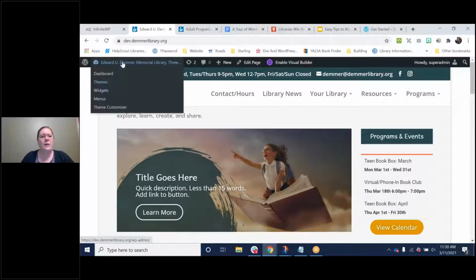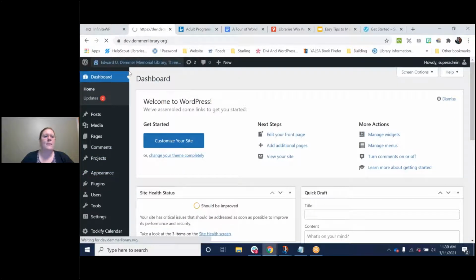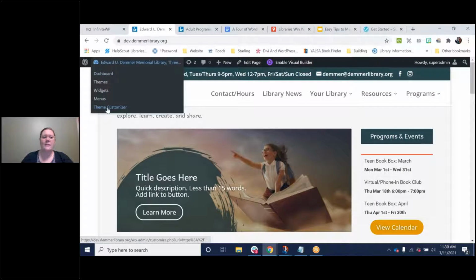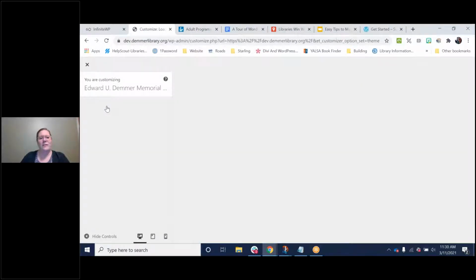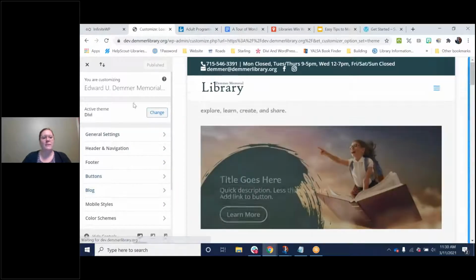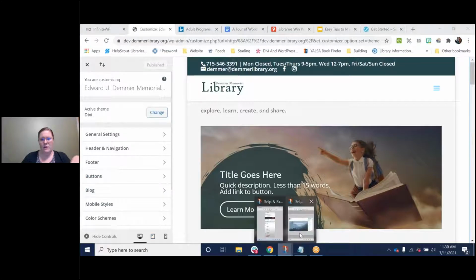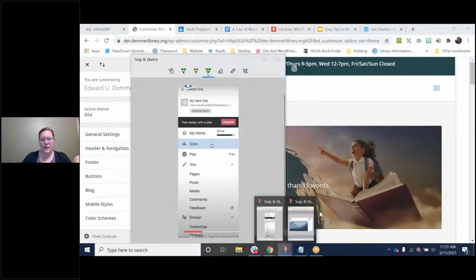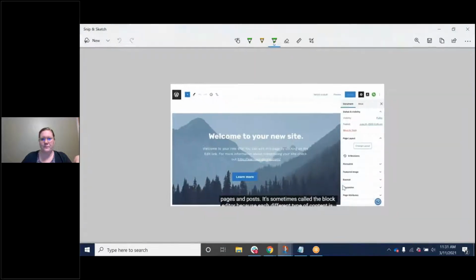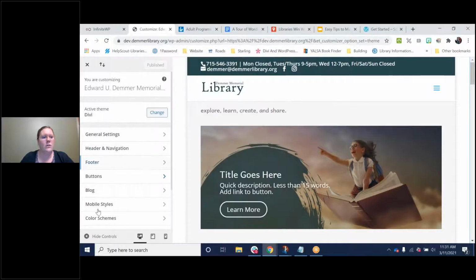So on the front end of your website or on the back end of your website, you can get to your appearance area. I like to edit it while looking at it. So, theme customizer. Hopefully these controls are familiar to you. These are the WordPress block editing tool complements, right? So when you're editing in WordPress on the front end, it'll look like this. All of these same controls are found over here right now.